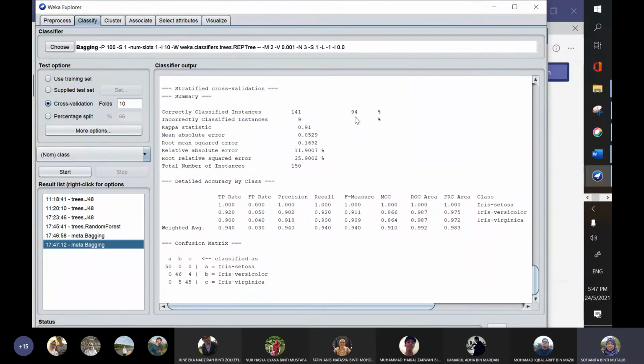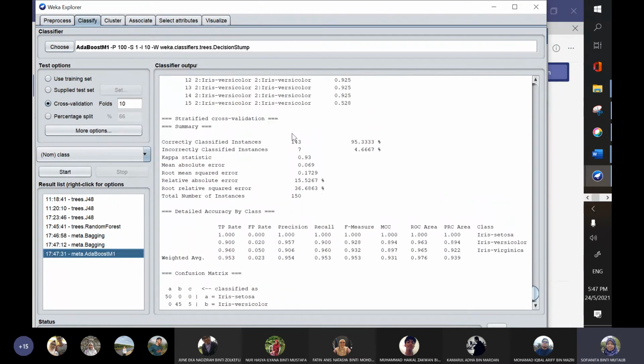Still around 94. And then if you apply boosting, another method we can learn about, this is interesting.